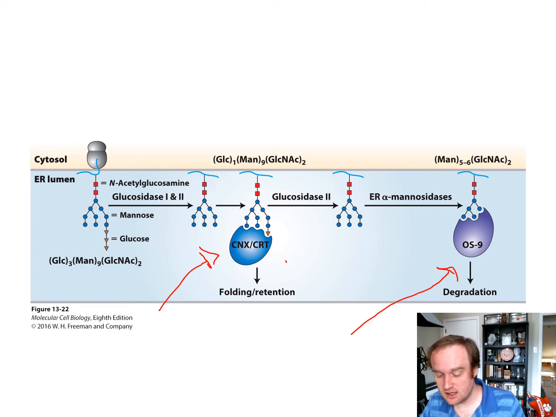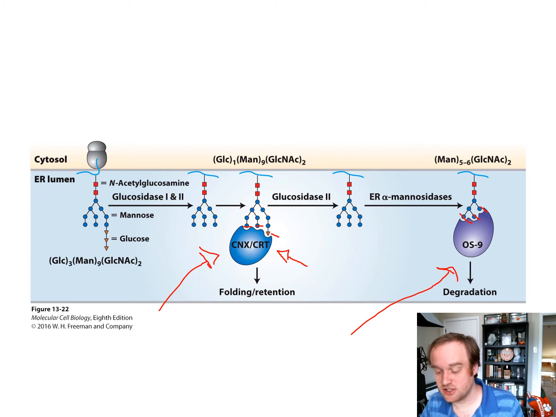So as you can see, calnexin and calreticulin bind a specific pattern of sugars. So we have mannose, mannose, glucose. And after this trimming by this glucosidase and then this alpha mannosidase, we have mannose, mannose, mannose,